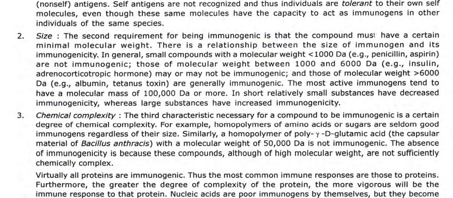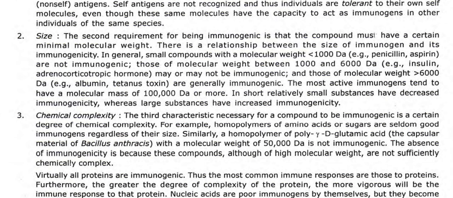Size. The second requirement for being immunogenic is that the compound must have a certain minimal molecular weight. There is a relationship between the size of an immunogen and its immunogenicity. In general, small compounds with a molecular size less than 1000 Dalton, for example penicillin and aspirin, are not immunogenic. Those of molecular weight between 1000 and 6000 Dalton, for example insulin and adrenocorticotropic hormone, may or may not be immunogenic,